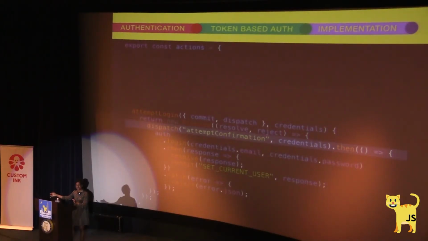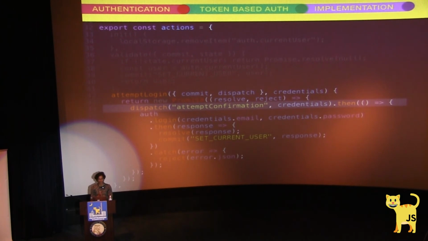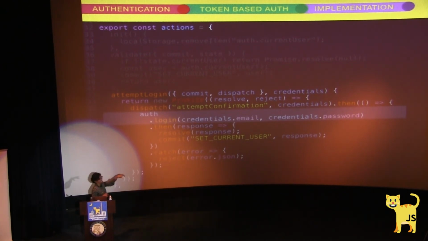A login flow has two pieces to it. There's a new person logging in, and then there's a frequent user logging in and an infrequent user logging in. They're actually not too different in terms of flow. One has an extra step, which is the confirmation, and one doesn't. So I'm going to combine them. I'm going to do an attemptConfirmation, which just checks whether this user exists or is a new user or not. And then it logs them in. So it does the confirmation step, and then it effectively logs them in. And then now the user exists.